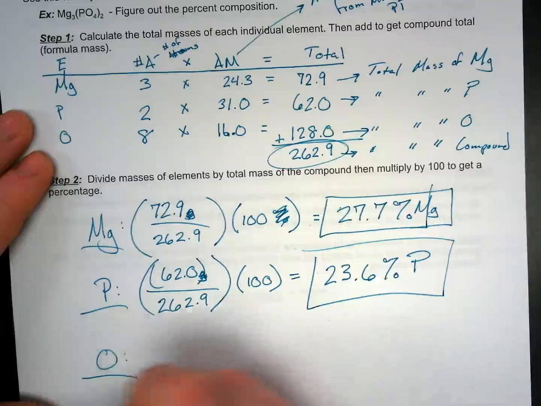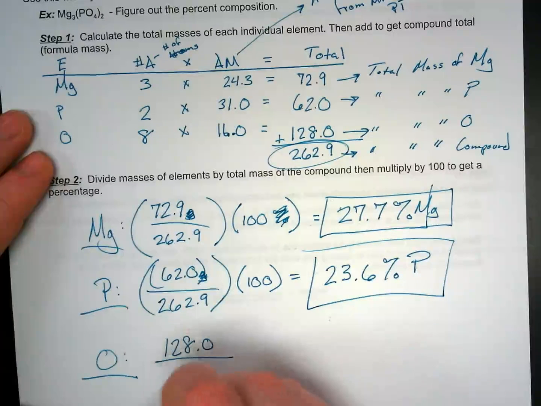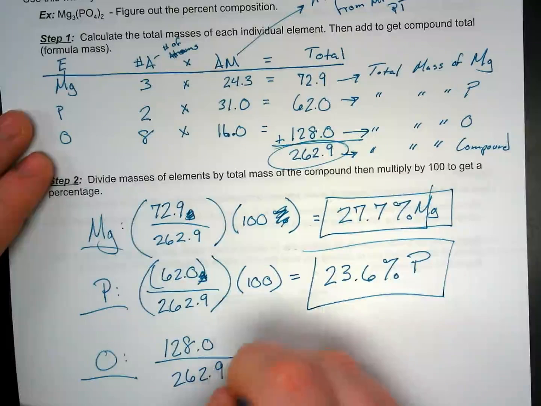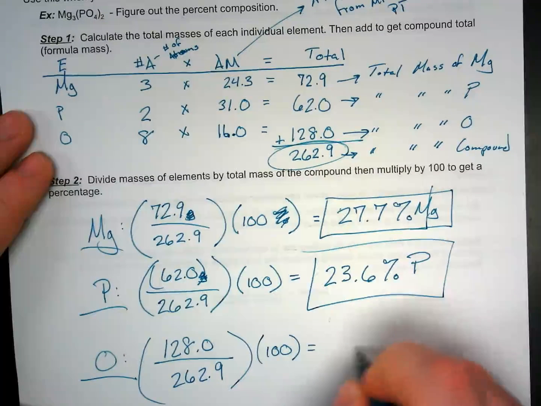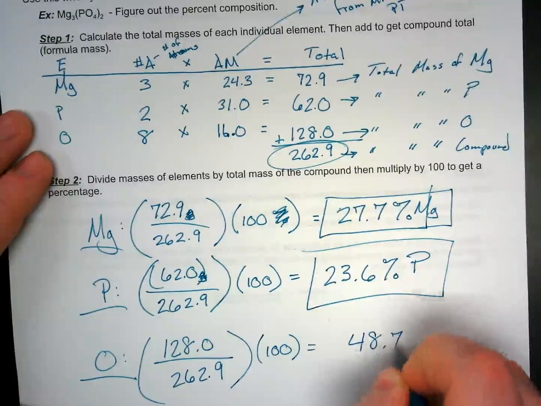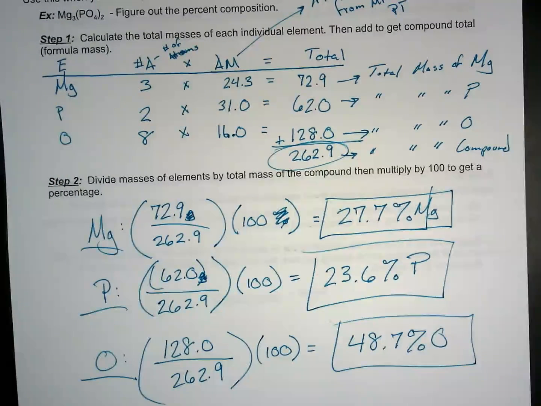And then oxygen, it's going to be 128.0 over 262.9, just like the rest. And then we have 48.7% oxygen. Now, when we do this, just a tip here, while we are solving for all of these,